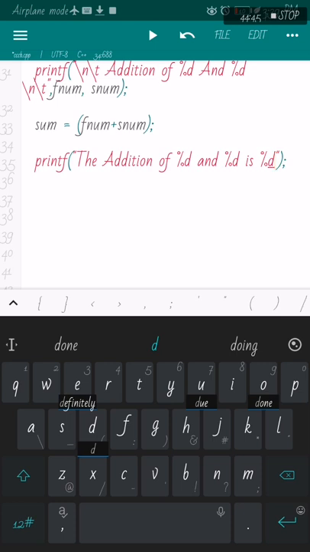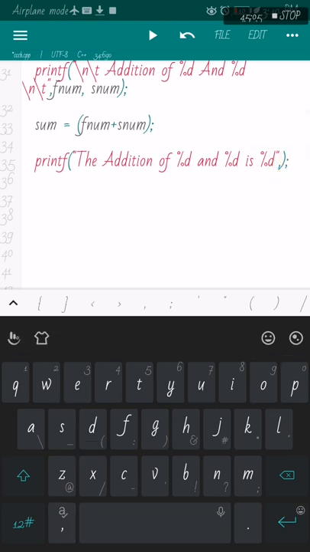So I want to put out everything in only one entire line here. So I'll have the addition of %d and of the first number and the second number. First number and second number is the sum. So it has to give me the entire answer in one line. So here I'll have to pull out for addition of this